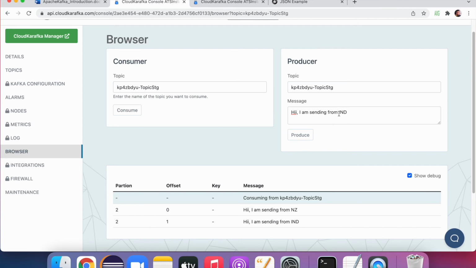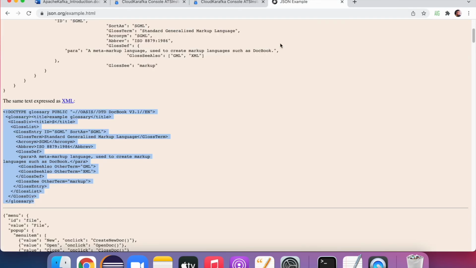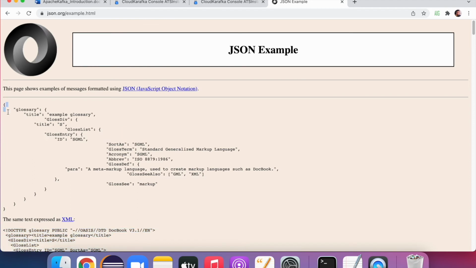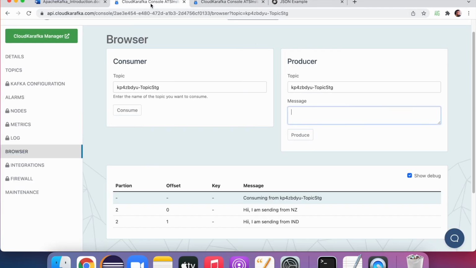and you can see here also, similarly you can send JSON data or XML data, any kind of messages you can send to the topic. So if you clearly observe this, you'll understand one thing, different applications can communicate using different types of messages, whether it can be JSON message or XML message or plain text.